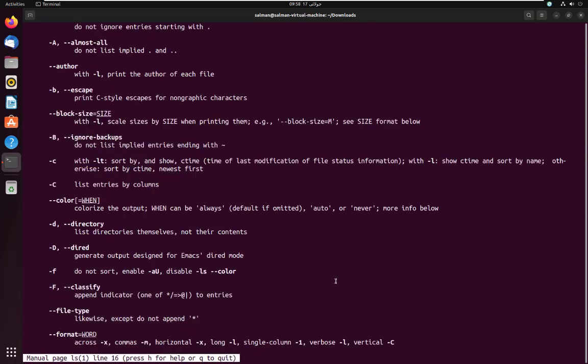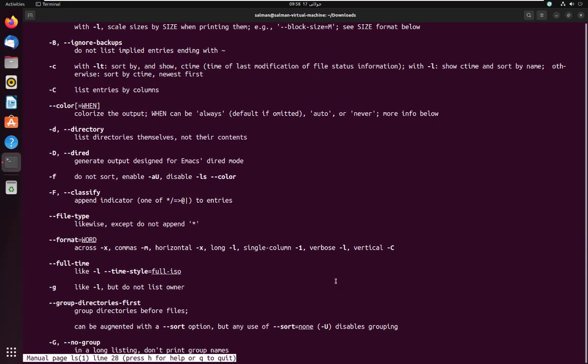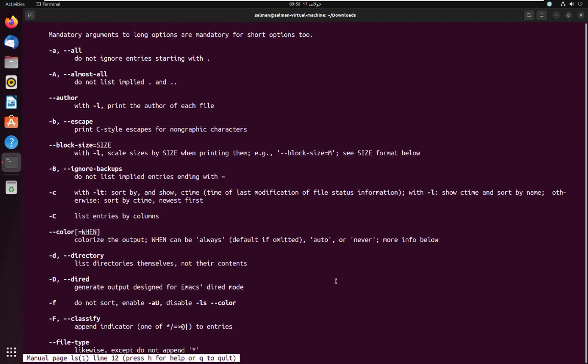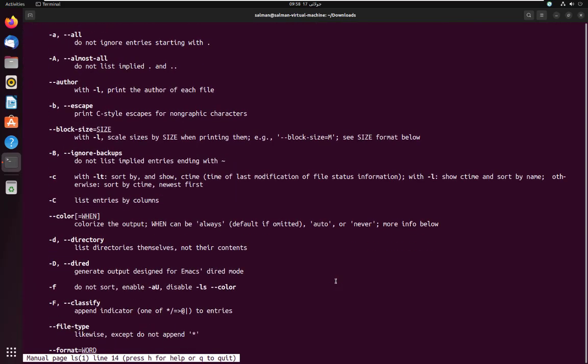So I will press the Q button. Now I will press E. As you can see, it will move my cursor down. If I press Y, it will move my cursor up. So in this way you can navigate within the manual pages of the